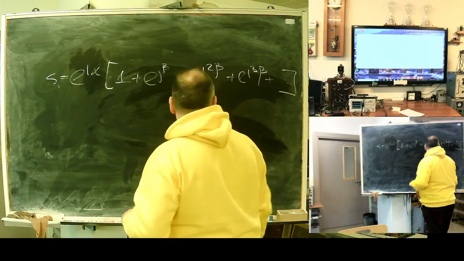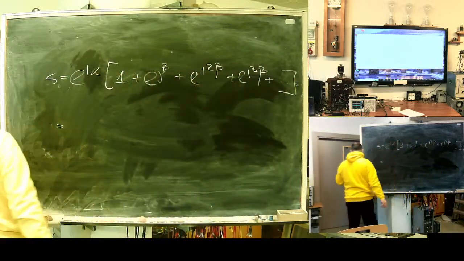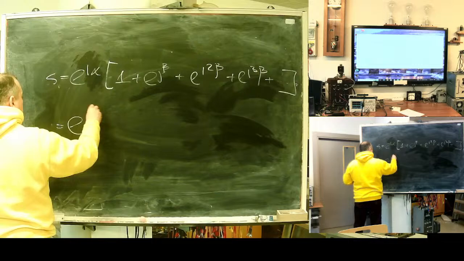Such a rule can be substituted as e^(jα)